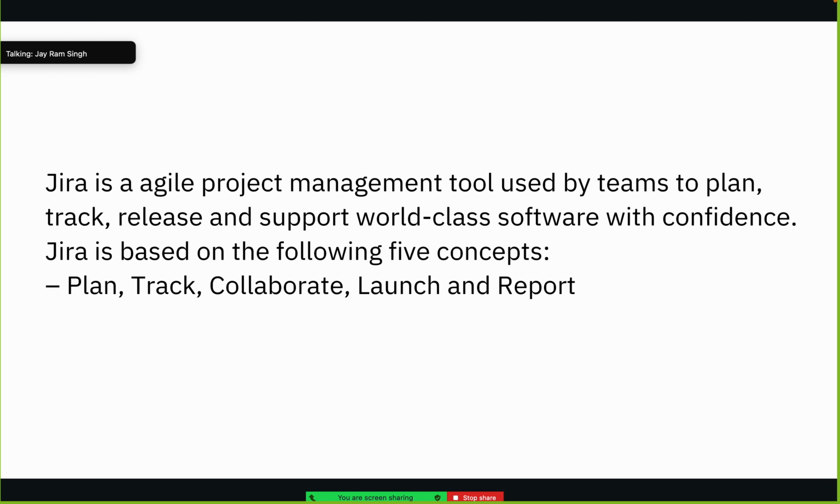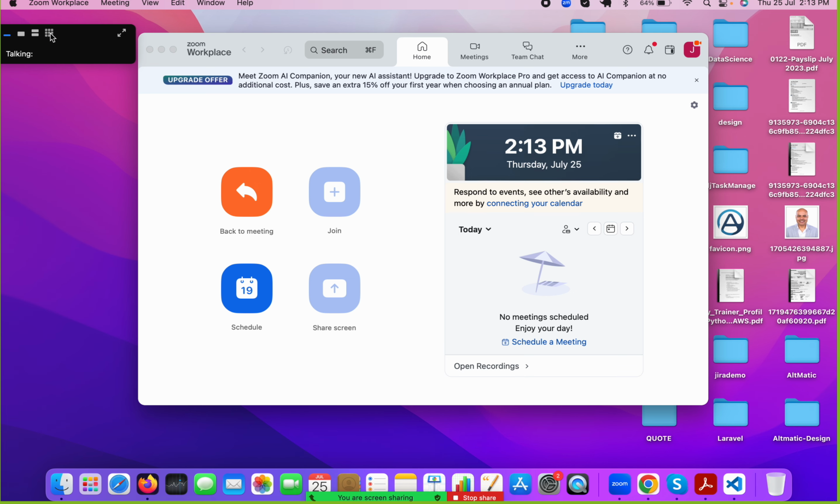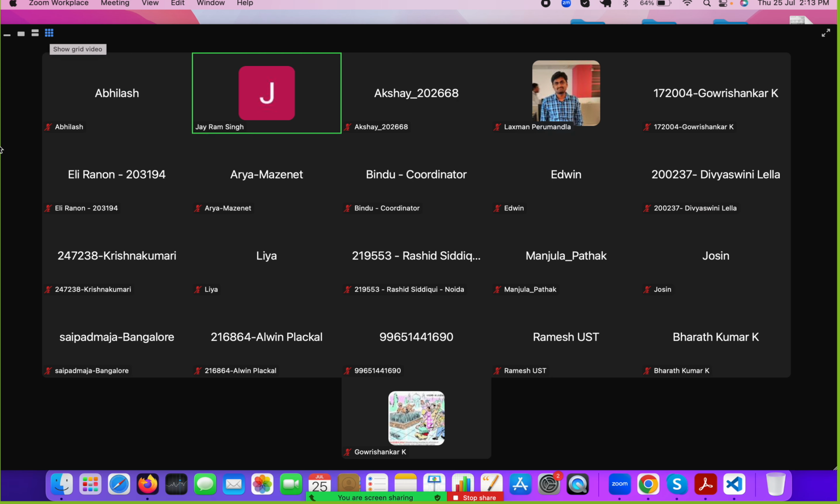So guys, we already know that the purpose of any tool we use for managing a project, bug tracking or agile project management, is to deliver a software with confidence. Could anybody help me understand what is the meaning of delivering a product or service with confidence? Expecting that there won't be any issues or bugs. Yeah,